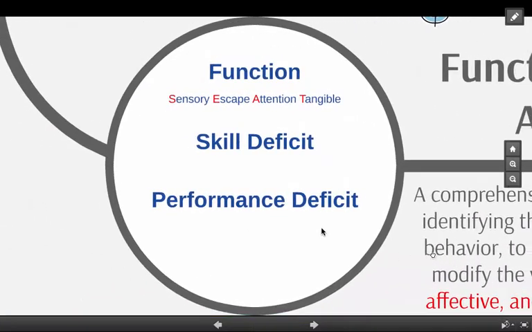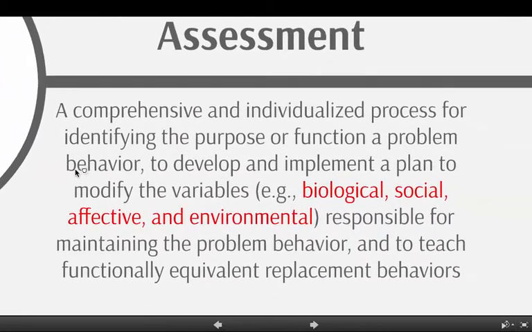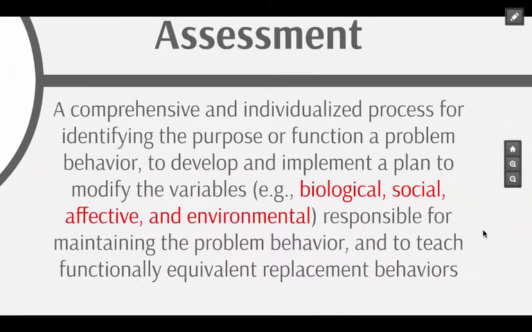So in a functional behavior assessment, we essentially are focused on a comprehensive and individualized process for identifying the purpose or function of problem behavior. And then we develop and implement a plan to modify the behavior, and that takes into consideration biological setting events, the social environment, and the immediate environment and context in which the person's behaving. And we're trying to identify the variables that are responsible for maintaining problem behavior, and then we put interventions in place to